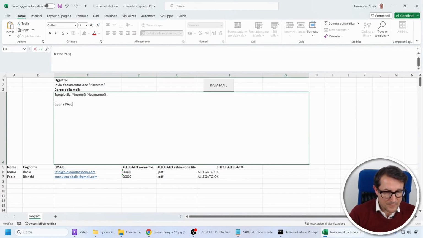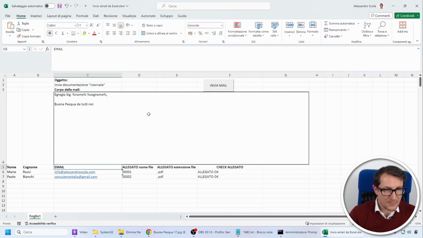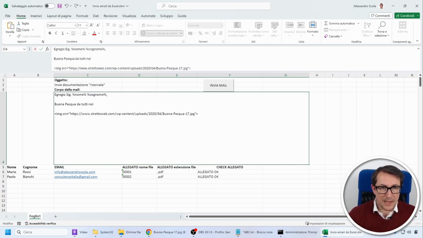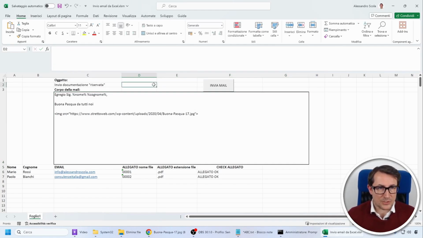Happy Easter from all of us here at the company. Following this, we'll create an IMG SRC tag, making sure to use double quotes as required, which is a simple yet crucial step. Now we'll insert the image into the HTML format, an essential part of our email preparation.